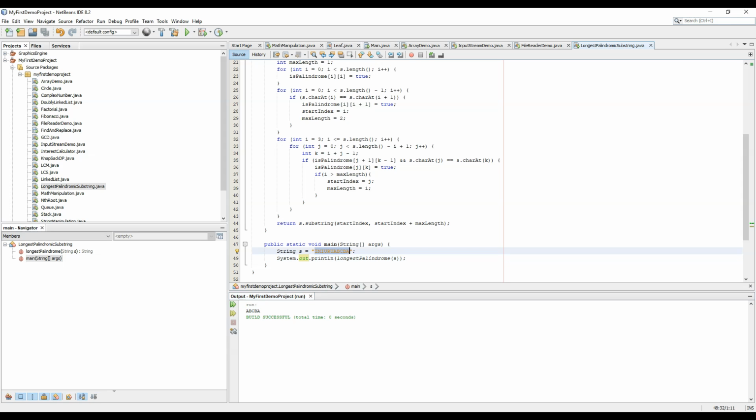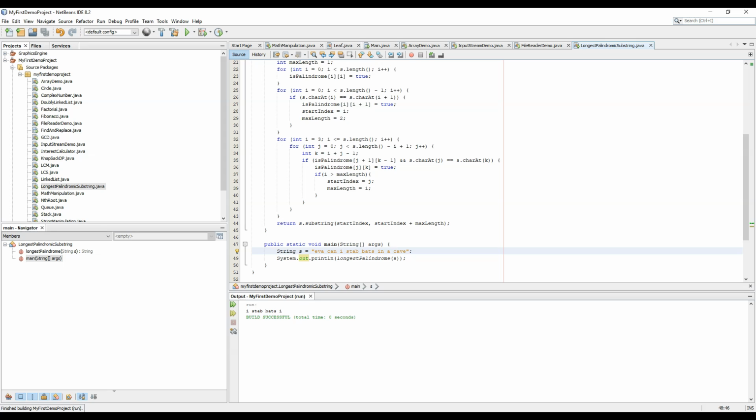So I have found one on the internet. This is Eva. Can I stab bats in a cave? This is a word, Eva. Can I stab bats in a cave? It is one of the famous long palindromes.